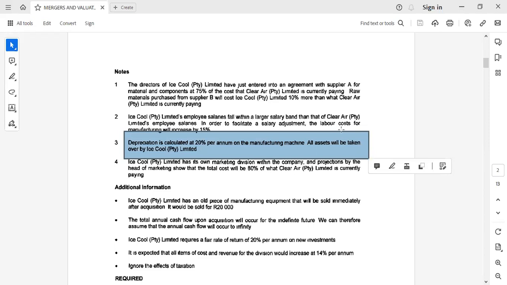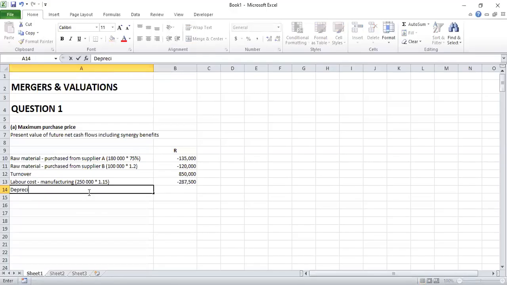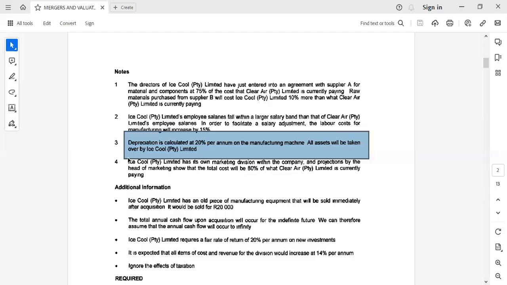Right. So our depreciation, sometimes they can tell you to state why or show all items. So we can say non-cash flow items. Right. Then next,